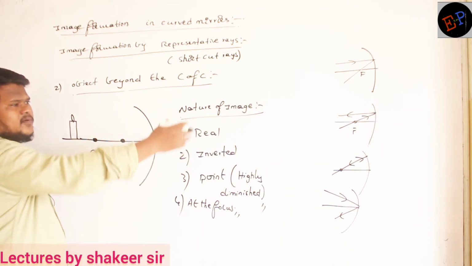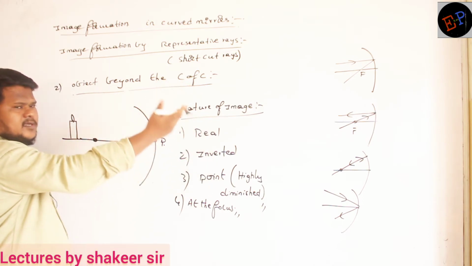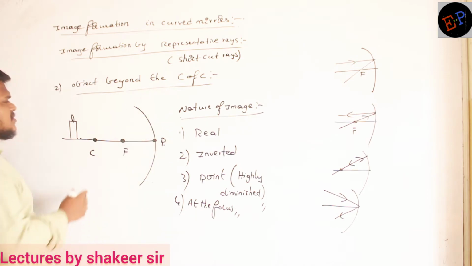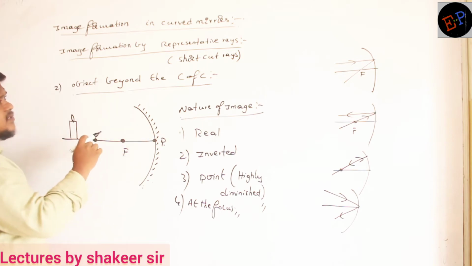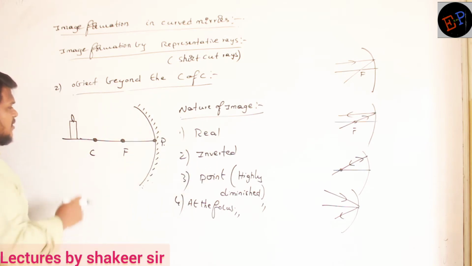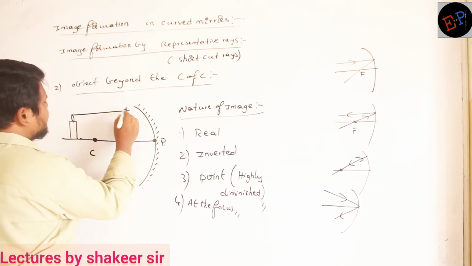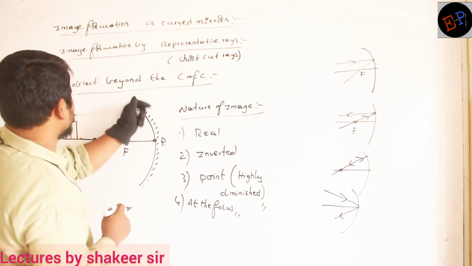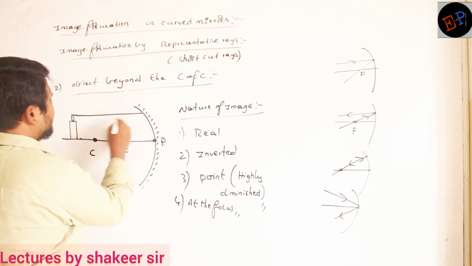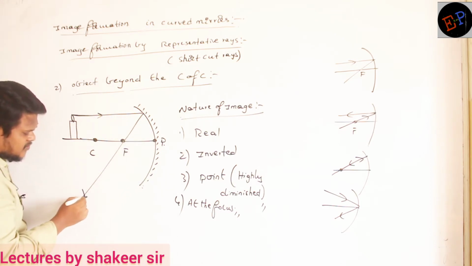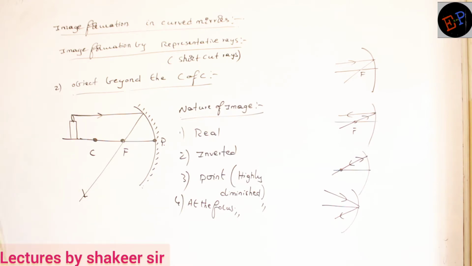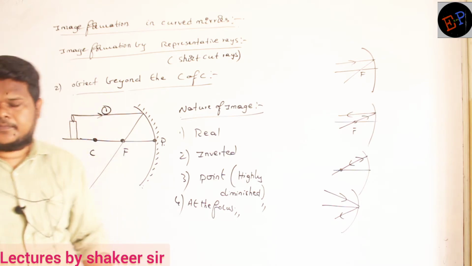Okay, ma? Now we have to use some of those light rays. Any light ray you can use, your wish. I will use the first one. Which is the first one? This is a concave mirror we are discussing now. All image formations we are doing for concave mirrors only now. Okay. So a light ray passing parallel to the principal axis. A light ray passing parallel to the principal axis, after reflection, should pass through the focus. That's all. After reflection, it should pass through the focus. What is this ray? This is ray number 1. Representative ray number 1. Clear now?